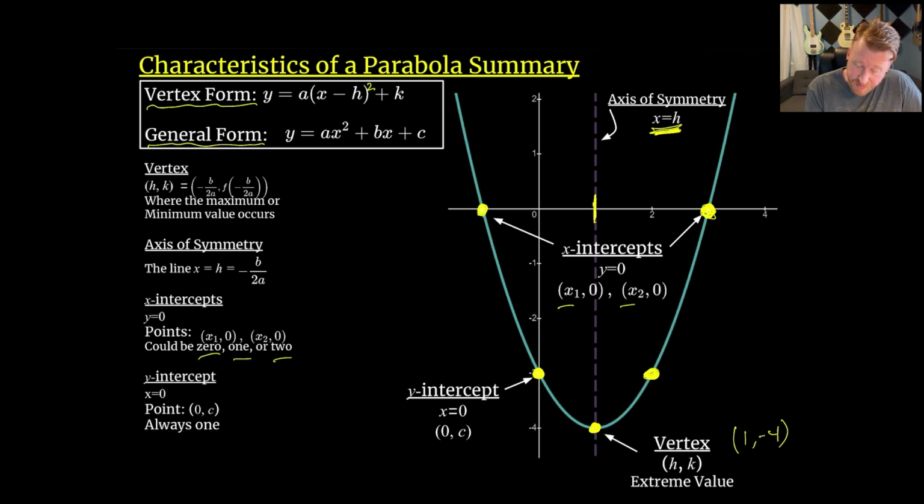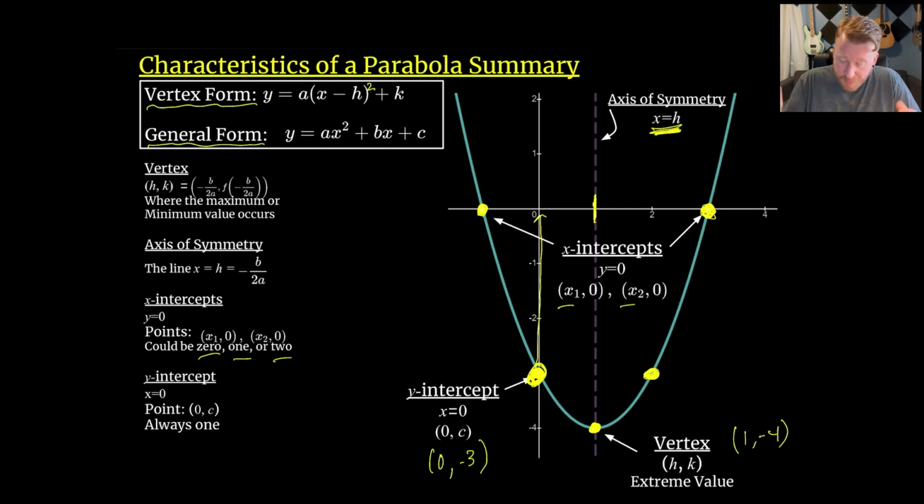And then the y-intercept is the spot, I already kind of highlighted here, the spot where this passes through the y-axis. Here, if we look again, the x value we can always know will be 0. Just looking back at the x-axis here, that point is always 0, comma, wherever it passes through. So here it looks like it passes through 0,